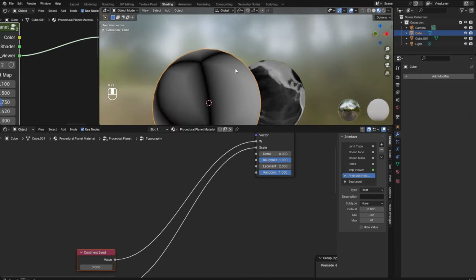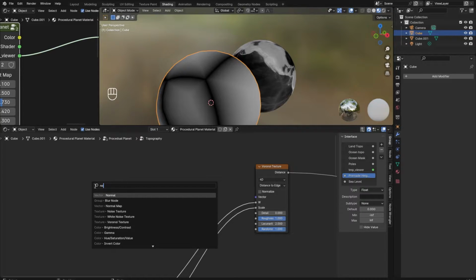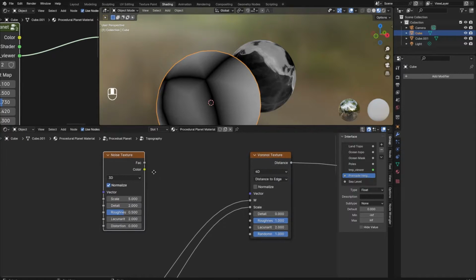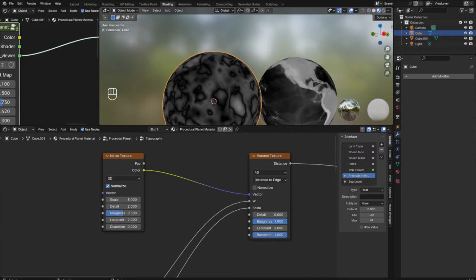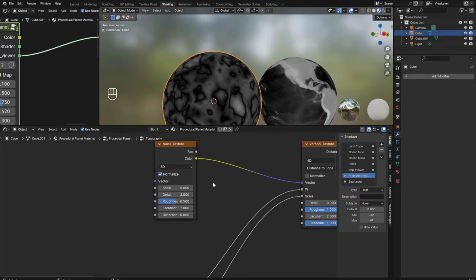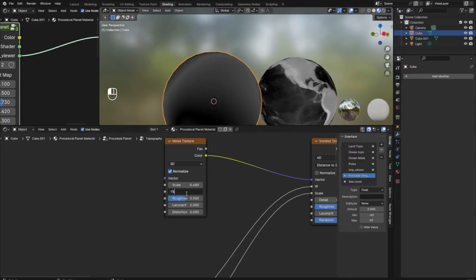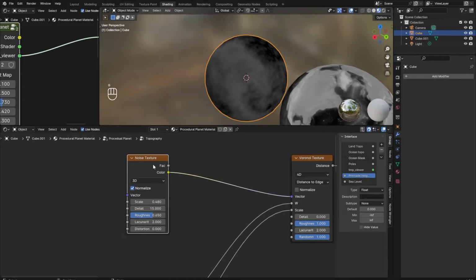So we of course don't want these to be straight lines. You can change this by messing with this vector node. So I'm going to input a noise texture, and if I plug this into the vector, you can see it messes everything up, or it makes everything a little squigglier. We can adjust this by changing the values, which gives us closer to what we want. And we're going to want a little bit more